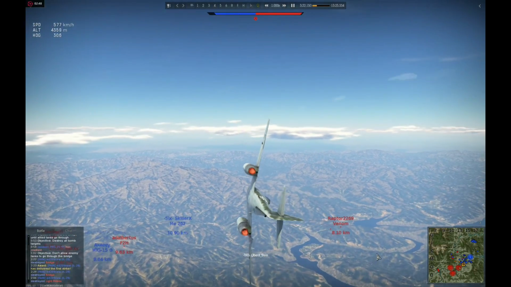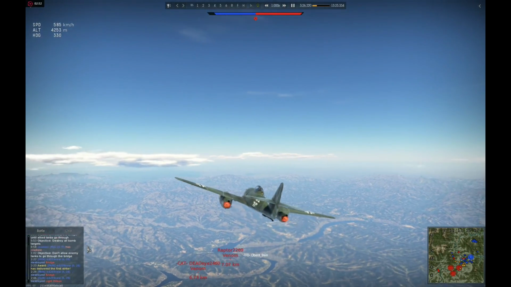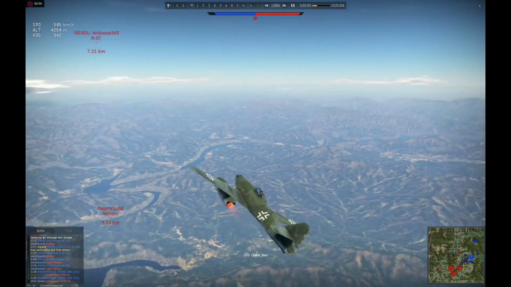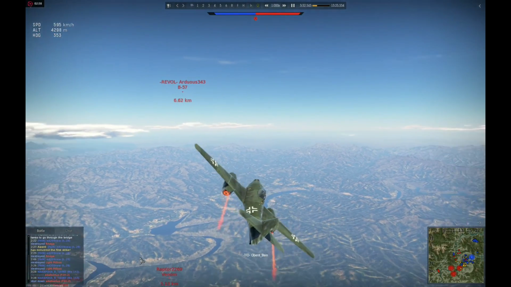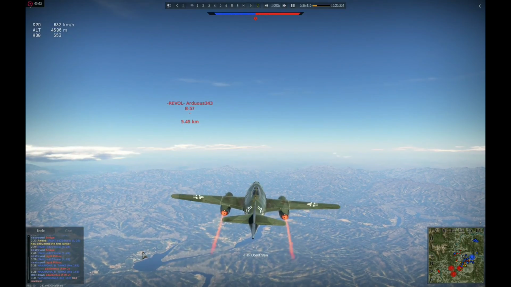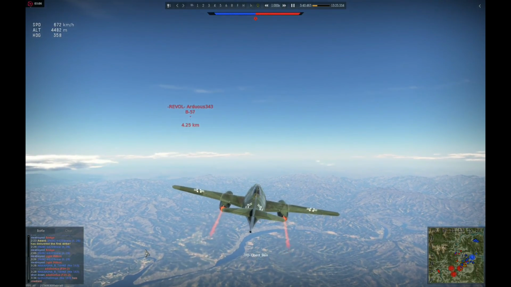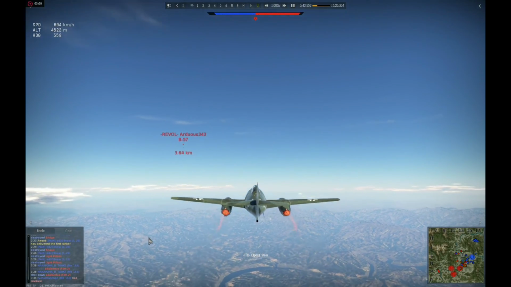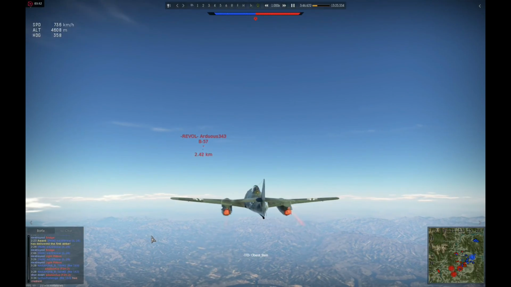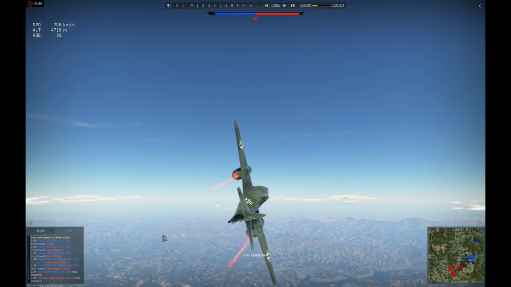So it should be only used to climb up to a good altitude, to be above the enemy, maybe intercept some bombers like this B-57 over here, and then quickly shut down the rocket engines to have them again to use at a later point in the game. And this B-57 pilot shows how not to play War Thunder,